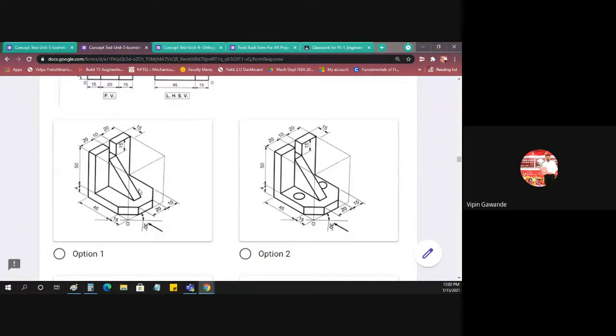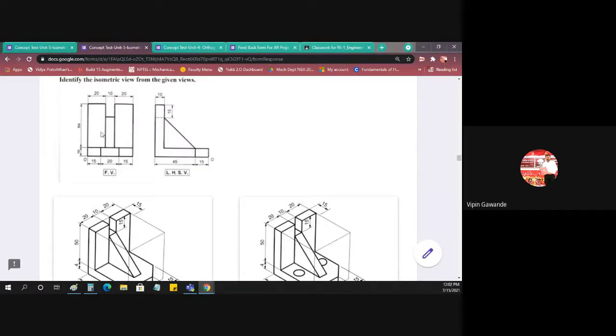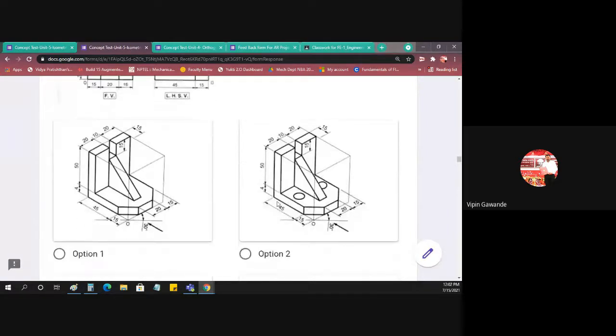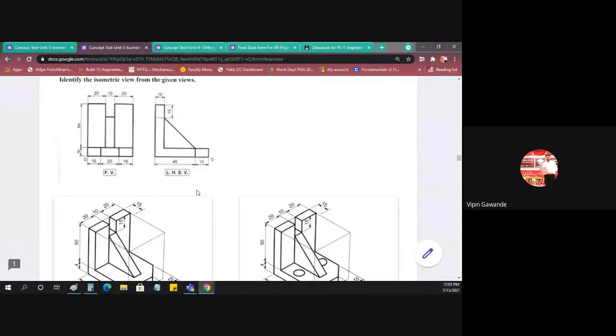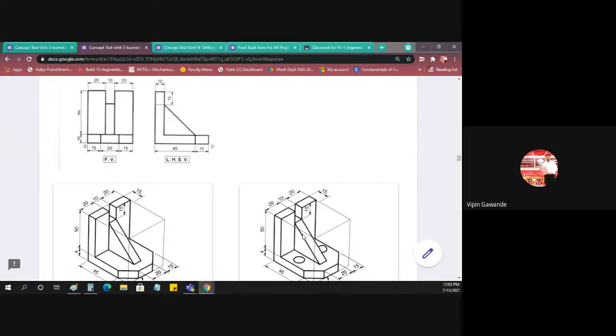Whatever the 3-dimensional object is given. So for that, this is correct. Now, if you check option number 2, we'll get 1, 2, 3 rectangles. This vertical rectangle is because of this rib, so that is also correct. Then we get 2 rectangles on the back, this rectangle and this rectangle. So that is also there.